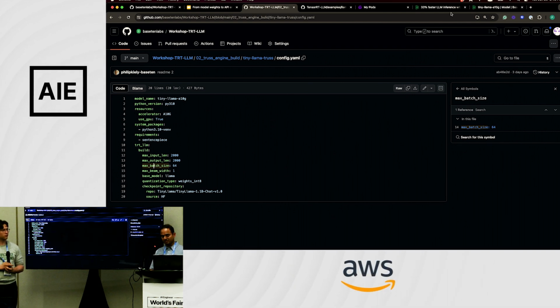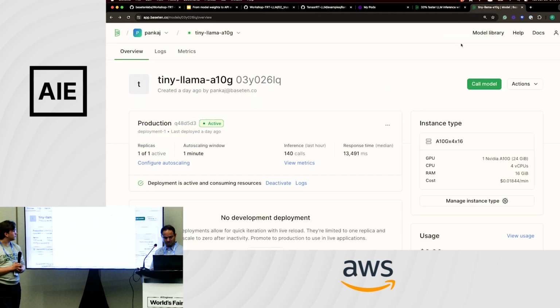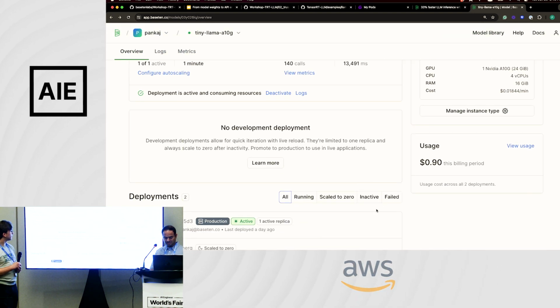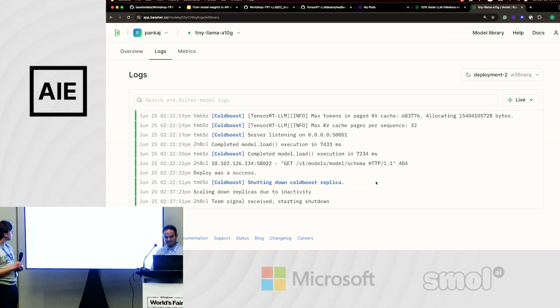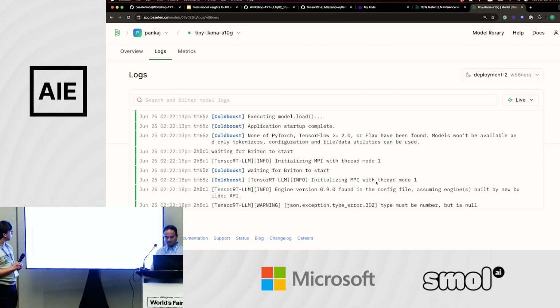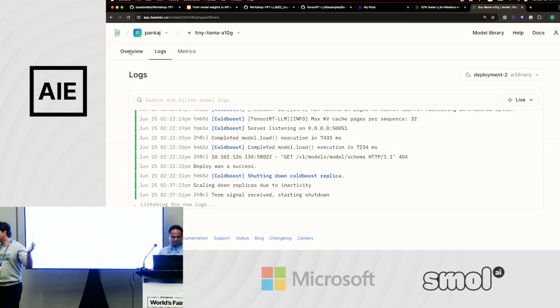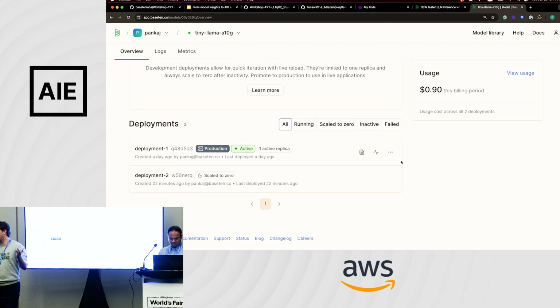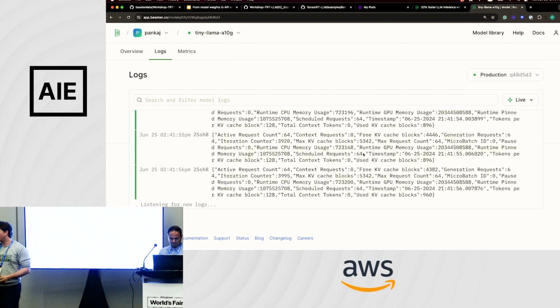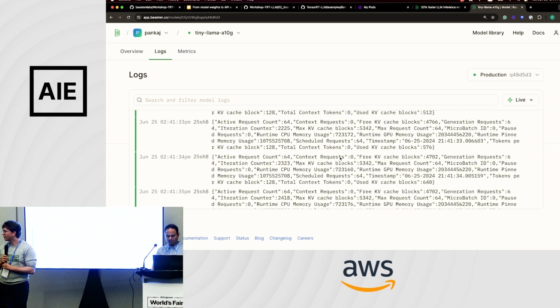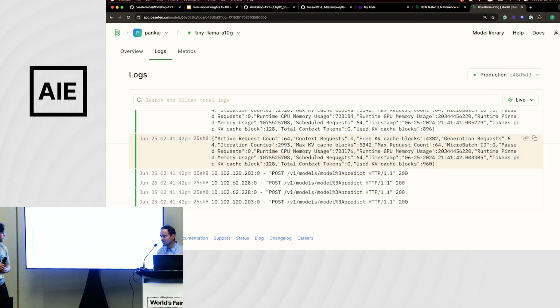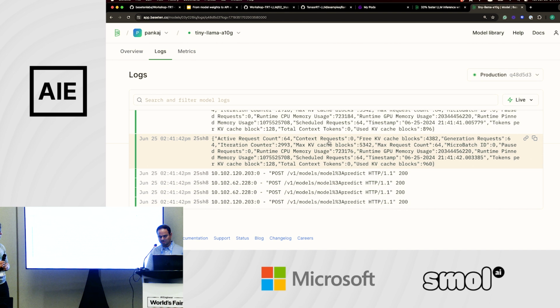And actually, there's one interesting thing I want to show you. This is a good question. You can look at the logs here, and in the logs, we put these metrics for what's going on. If you wanted to increase your batch size past 64, you just change the YAML and say, max batch size, so that should be like 128, and build a new engine by deploying it. If you look at these logs here, it shows how many requests are running in parallel, the active request count. You can actually observe how many requests are being executed in parallel right on the GPU.